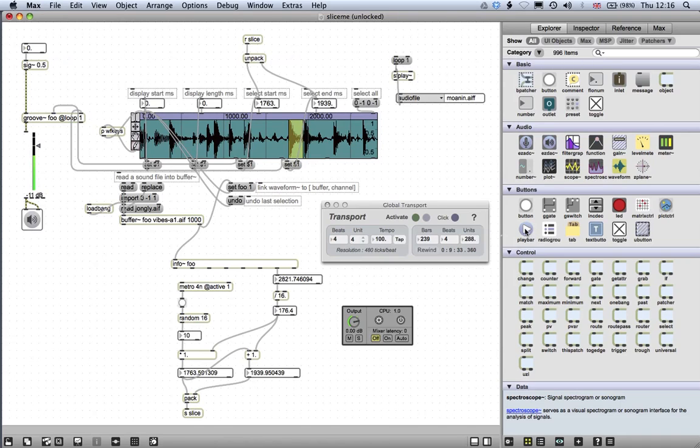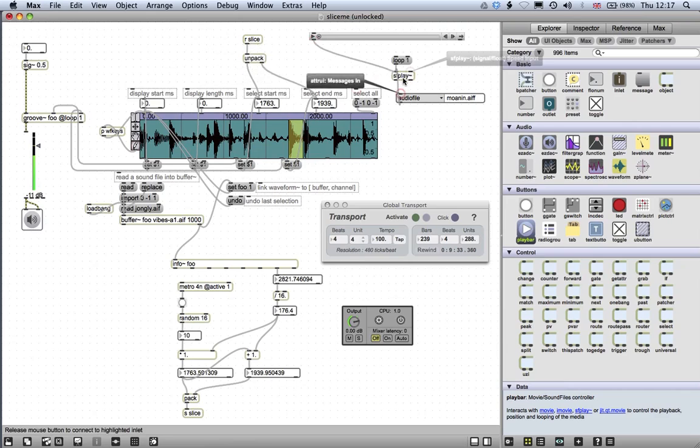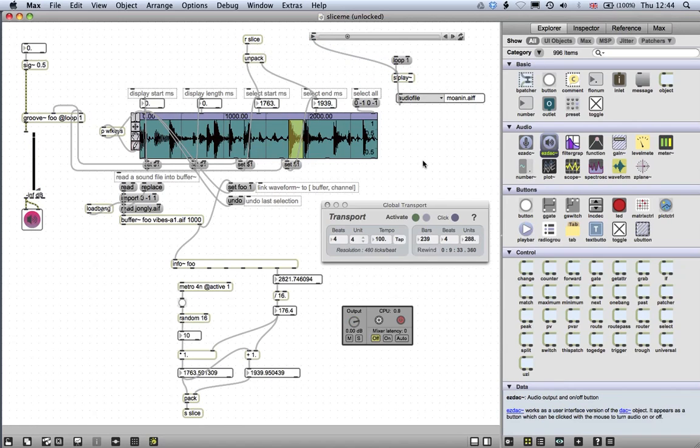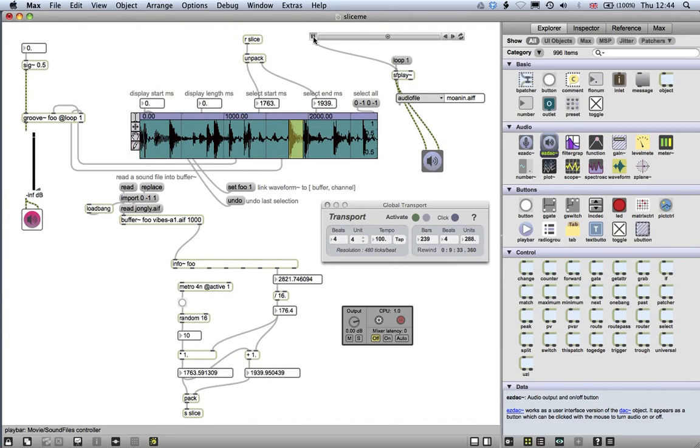Another relatively new object here, this play bar there. It's quite a nice new little thing. Let's just pop that in there. Okay, just picking up after a small mistake there. Let's get back to where we were. Let's put a DAC in here so we can hear the audio file. There we are. Let's pop that in there, both channels of that. And then what we ought to be able to do is